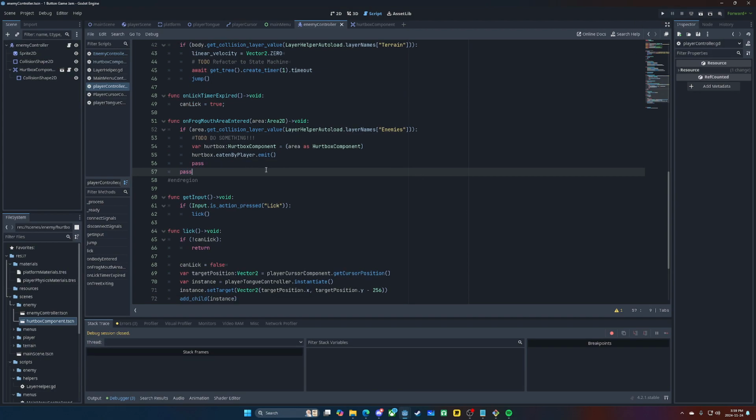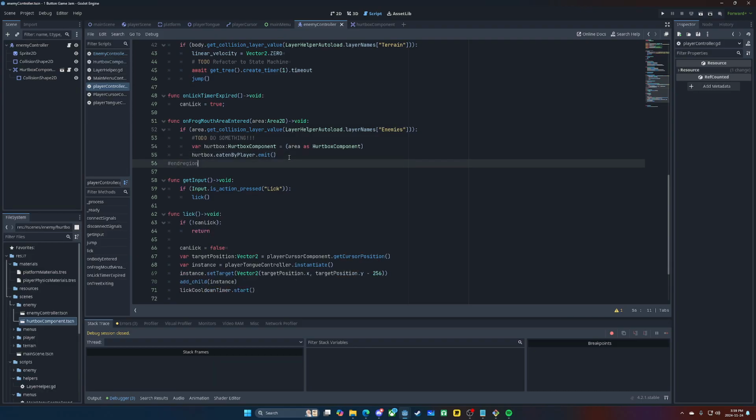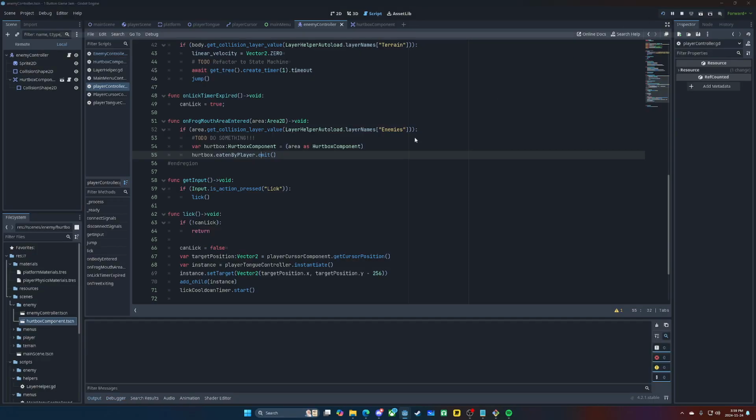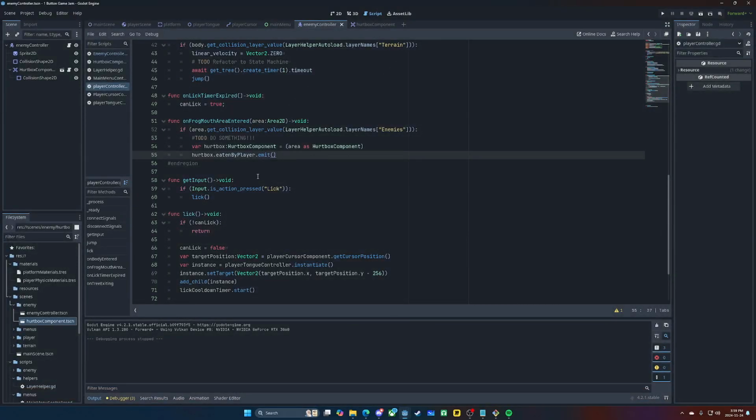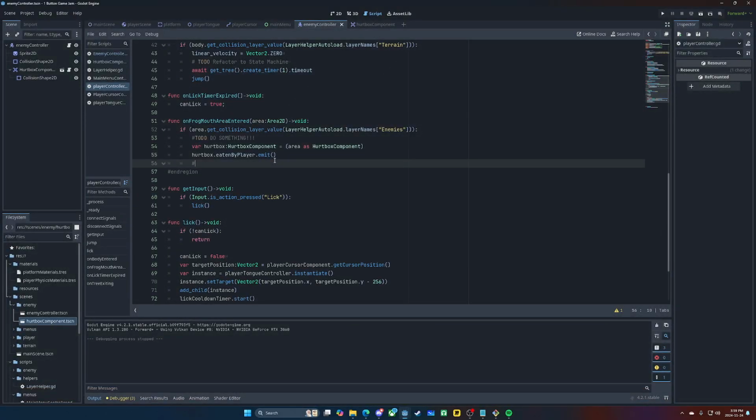I really don't need these breakpoints anymore. So now we know that we emit the signal, so our enemies should be deleted at that point. There we go. So now the enemy gets deleted. We still need to do something with this, right? Like we still need